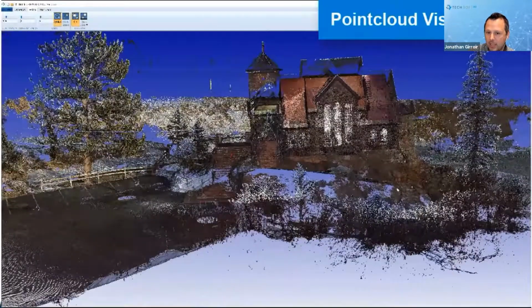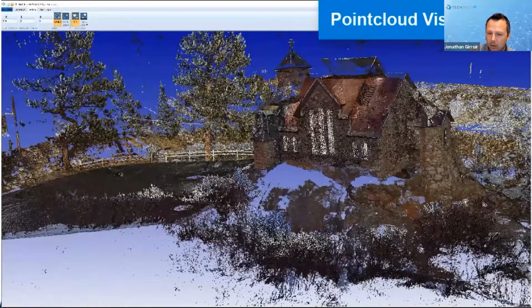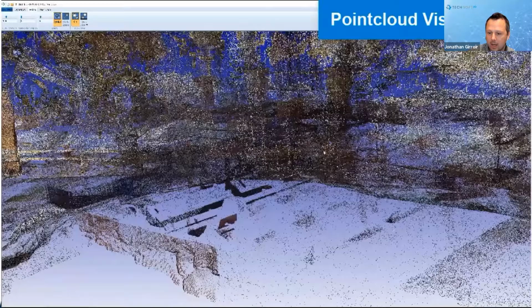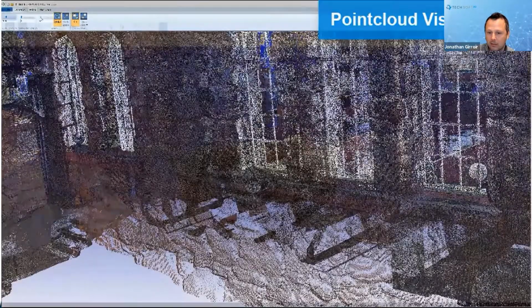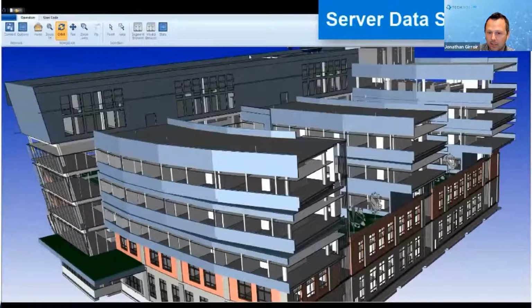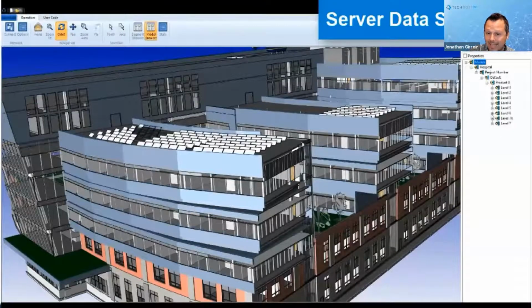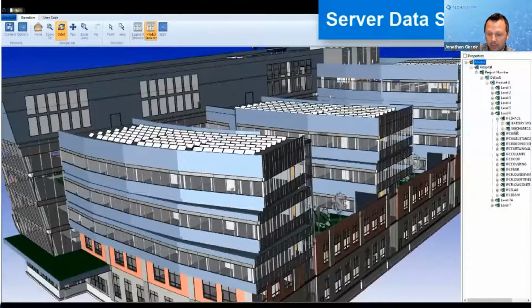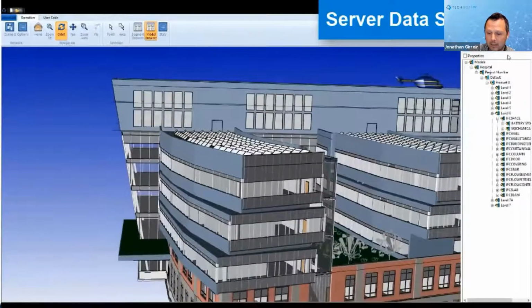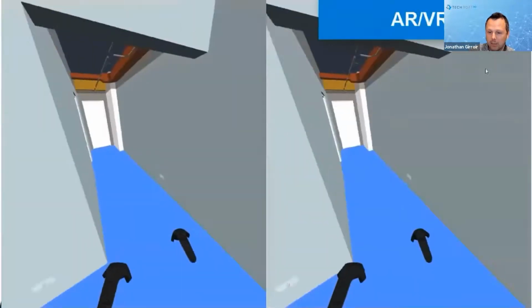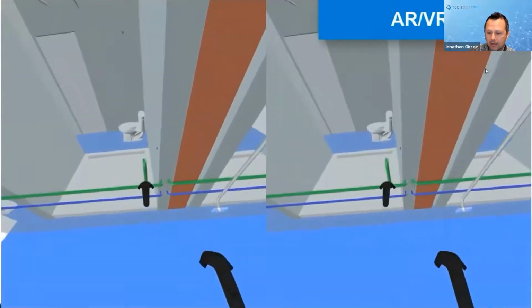You see more and more point clouds, larger and larger point clouds. And so we have an out of core engine, meaning that there's point cloud data gigabytes worth on your hard drive, and we're able to stream it in and visualize it as you're looking at different areas. And then lastly, we do the same thing with CAD data. So we could have a Communicator streaming server, streaming data down to a mobile device or a desktop application, that starts to really blend the world between native development and cloud development.